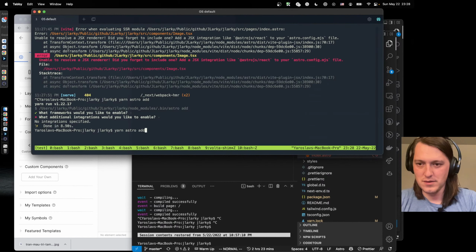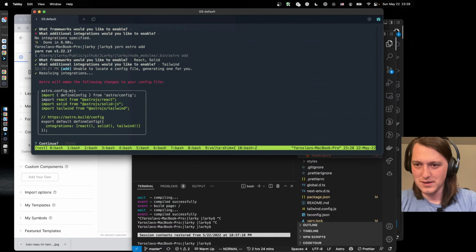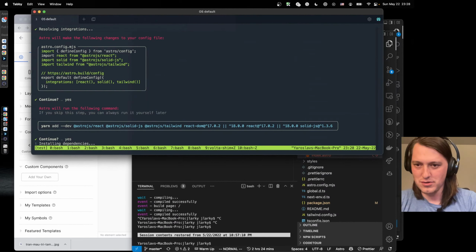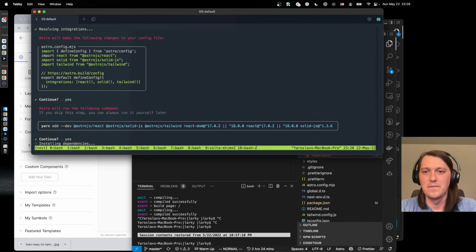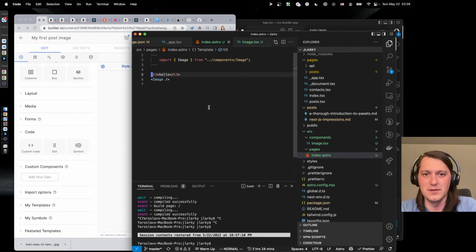Oh no, I did it wrong. I need to press space to mark it green. We also need Solid probably later, so why not now? And Tailwind. Okay, sure. No. Okay, so